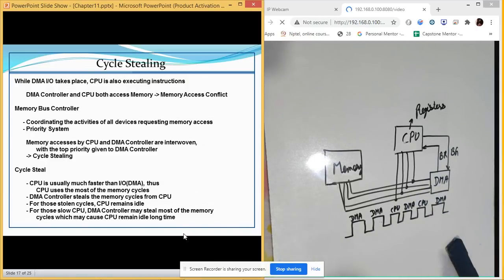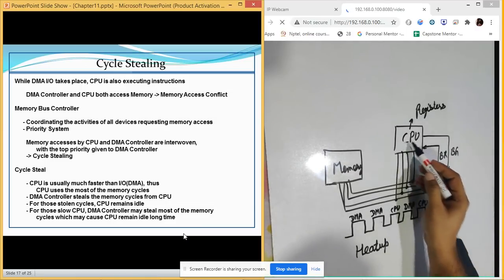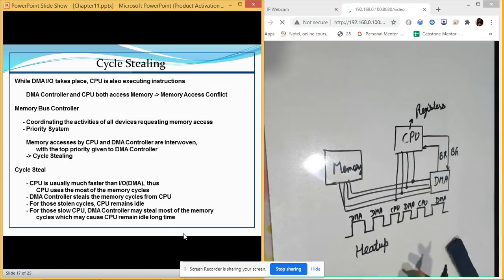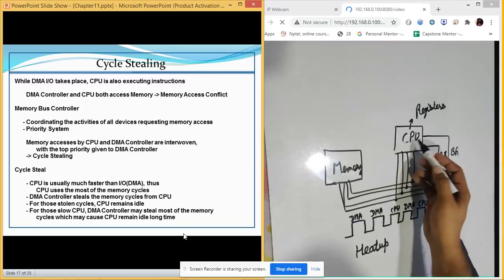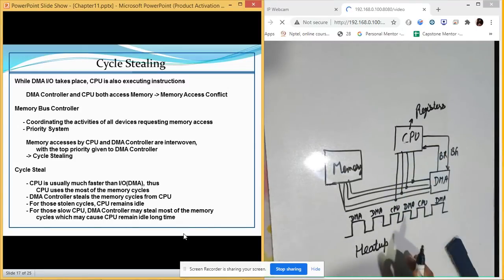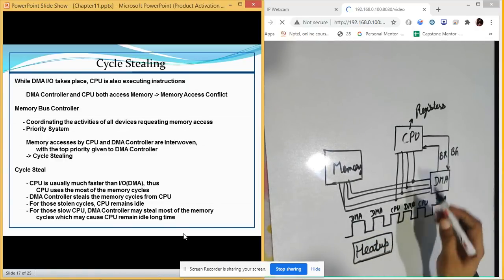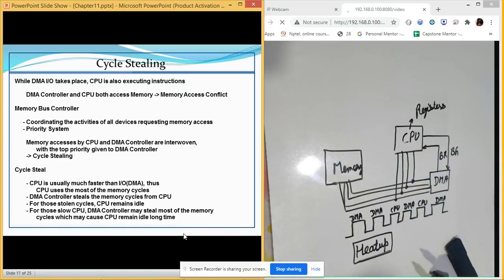Now there is something known as heat up. On one side, the CPU was always busy doing certain tasks. It was checking the values again and again. It was checking the interrupt and the flag bits again and again. So it was doing its task and remaining busy, and it was getting heated up. This is the biggest problem which we were having in the CPUs which were without DMA.